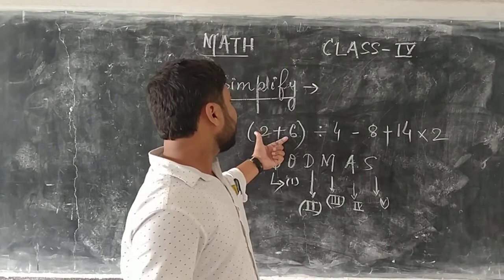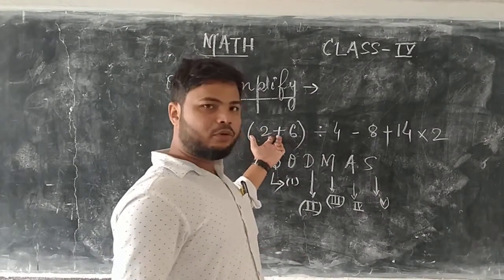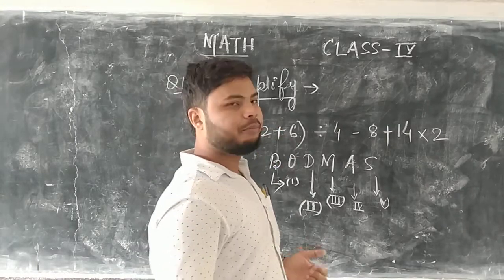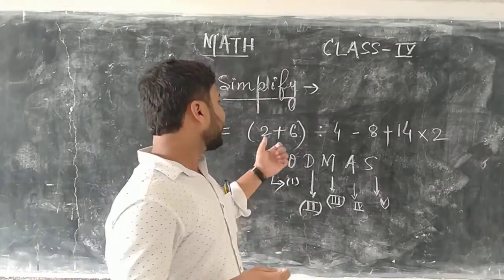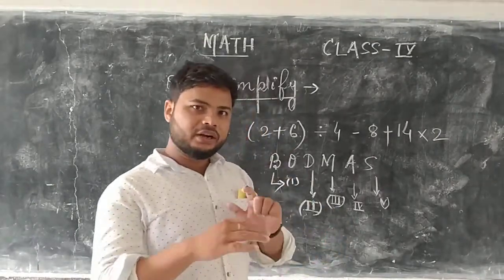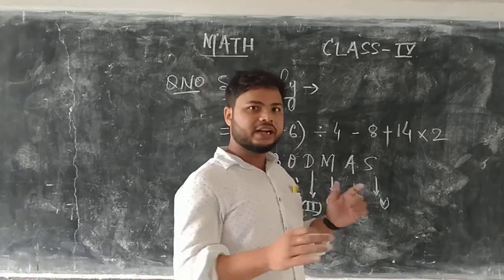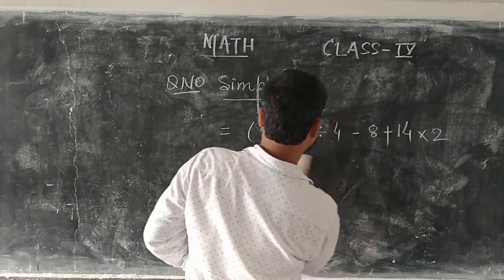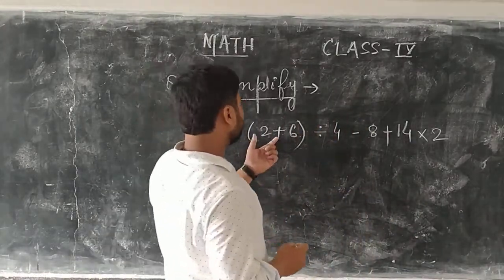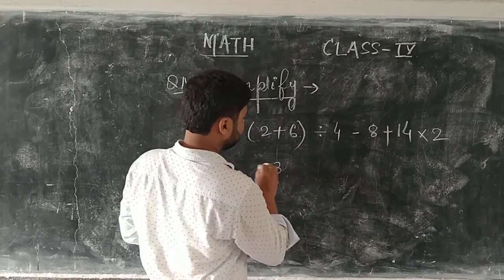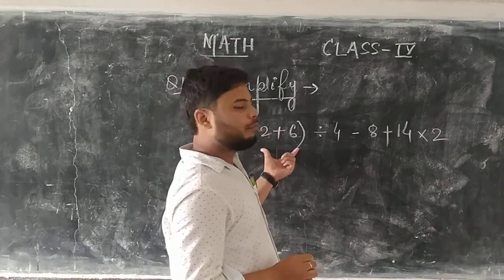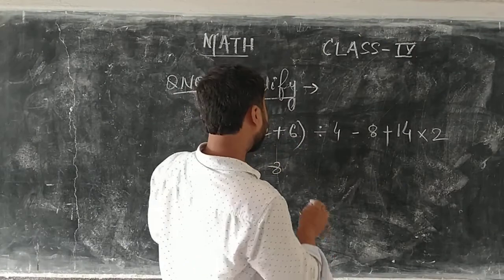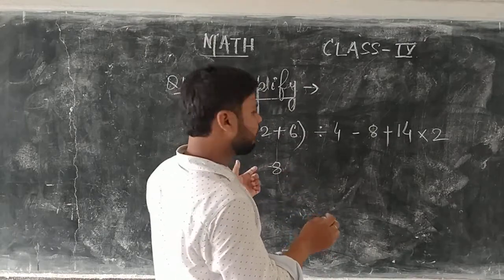Inside the bracket a plus symbol, an addition operation, is given, so we will work on the bracket. It means no matter which symbol is given, we will talk about the bracket first, after that any other operation. Okay, clear? Now after adding 6 to 2, 2 plus 6 is 8, and the bracket work is completed. After that the bracket symbol is also removed.